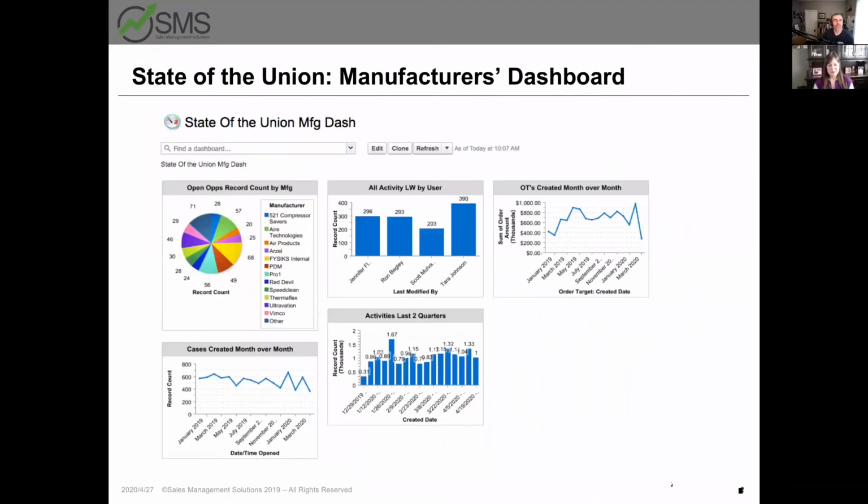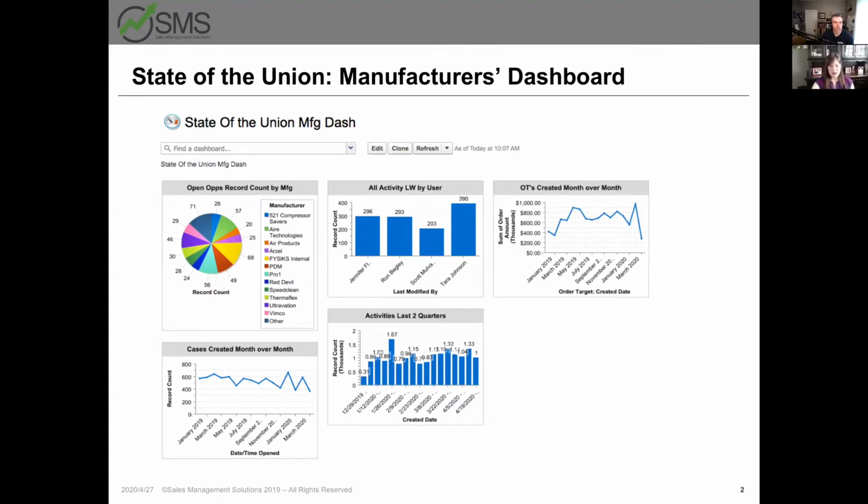We decided to make this State of the Union so you can see the work we've been doing while social distancing orders are in place. These dashboards should give you an insight in how we're currently operating. The graph on the top left shows all of our open opportunities by manufacturer. Our sales reps are constantly updating their apps so the information is as up to date as possible.